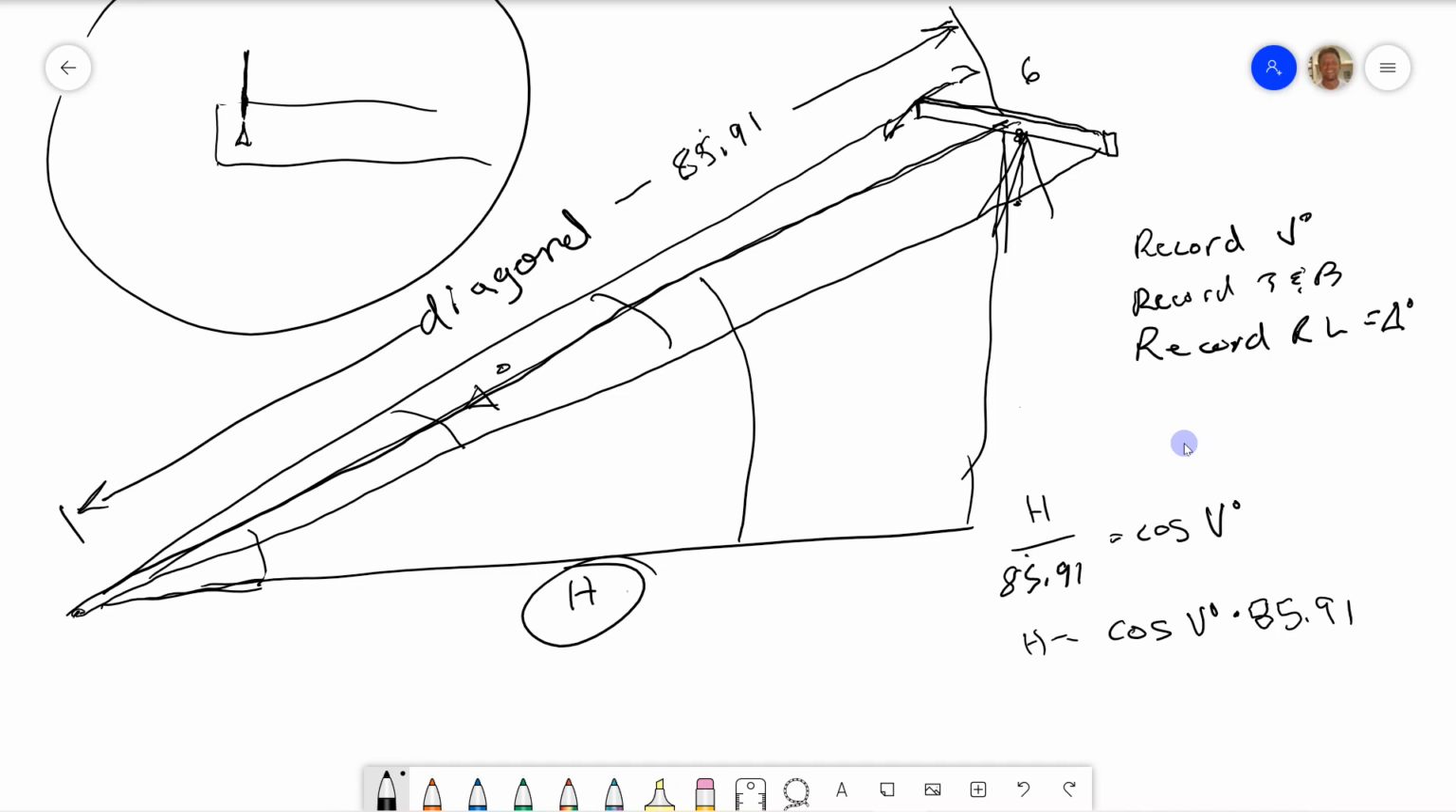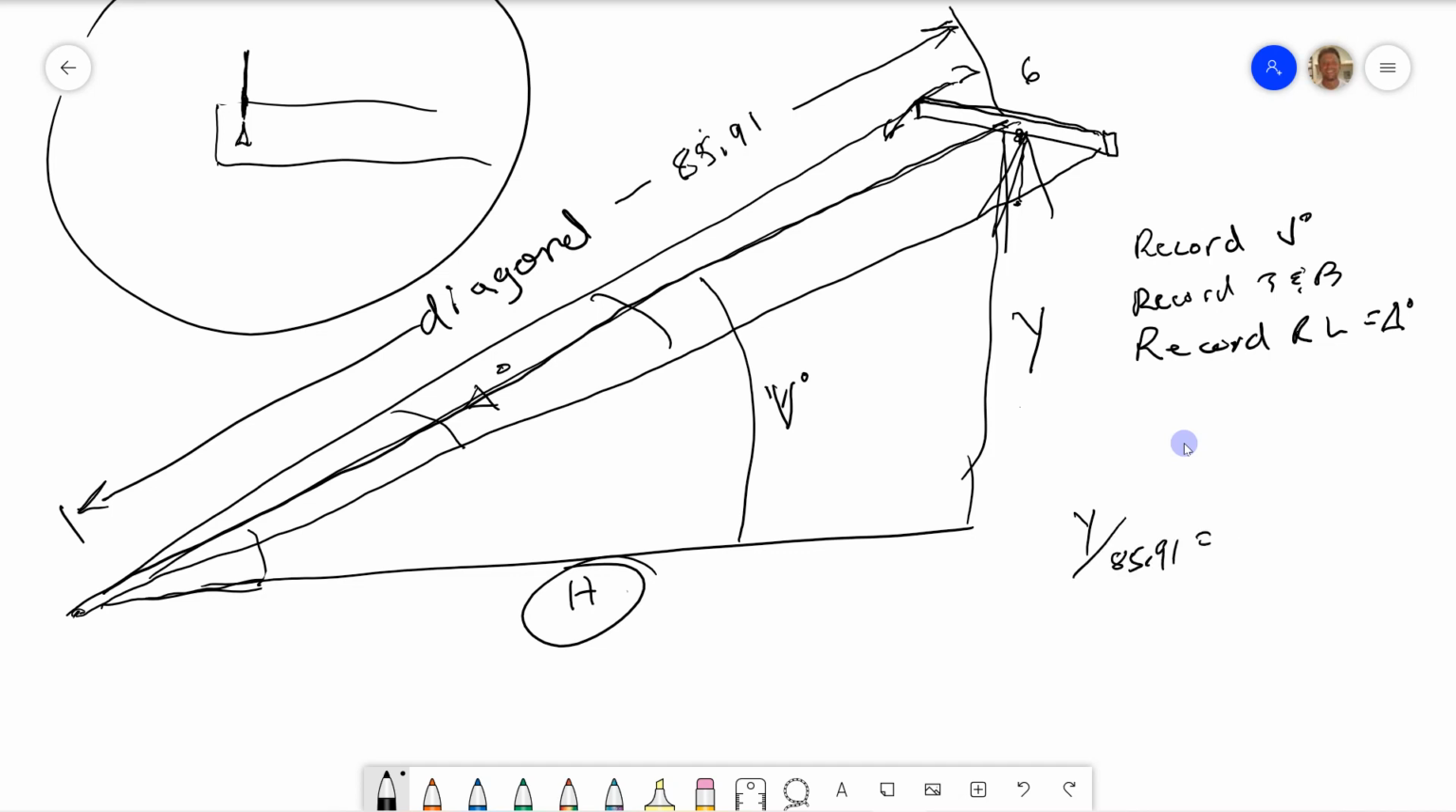And then for this one you could use the Pythagorean theorem. You could use this vertical; I think I used V already for the vertical angle, so let's call this Y. So you would say Y over 85.91 is equal to the sine of the vertical angle. So Y is equal to sine of V, the vertical angle, in degrees, times